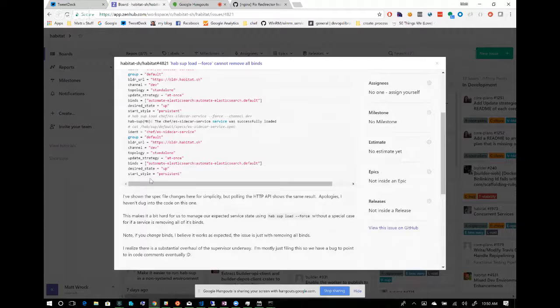Yeah, so he's saying it should clear out all the binds. I mean, you would do a hab svc load against a particular package, right? This is just an abbreviated command I'm assuming that he has here. And the expected behavior would be that it would essentially totally reset itself, I'm assuming. Yeah, if it had binds before and you force loaded it without binds this time, that it would remove those binds. Yeah, I think that's totally